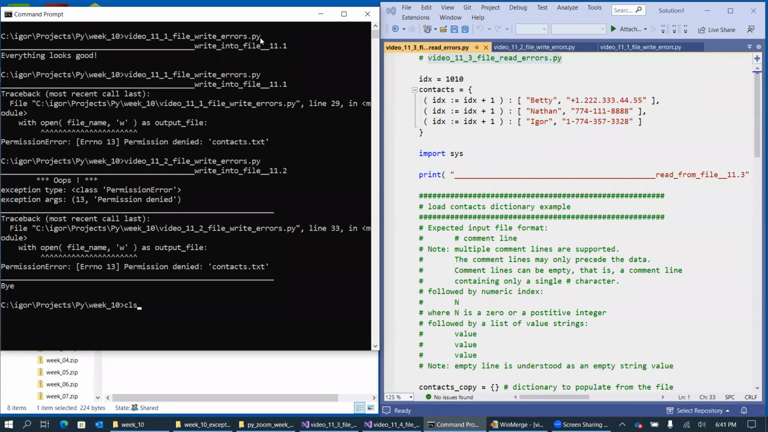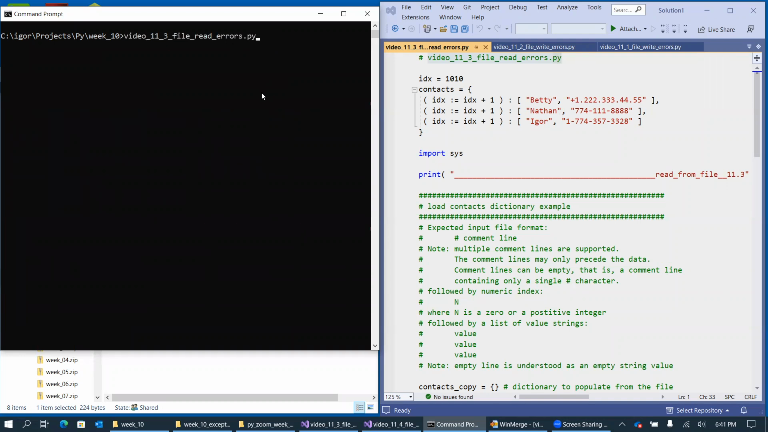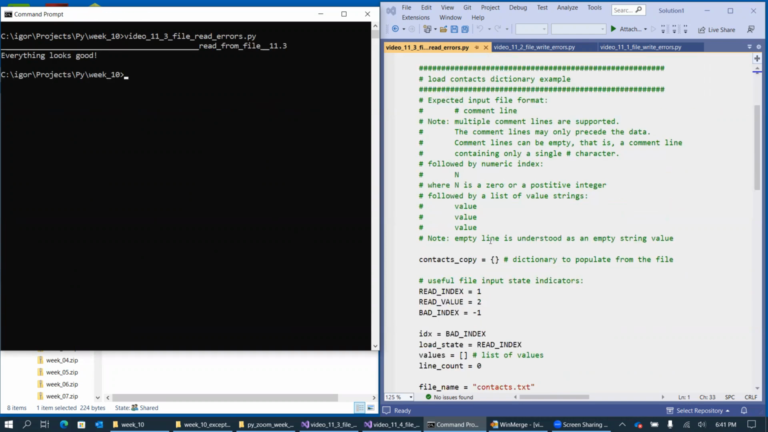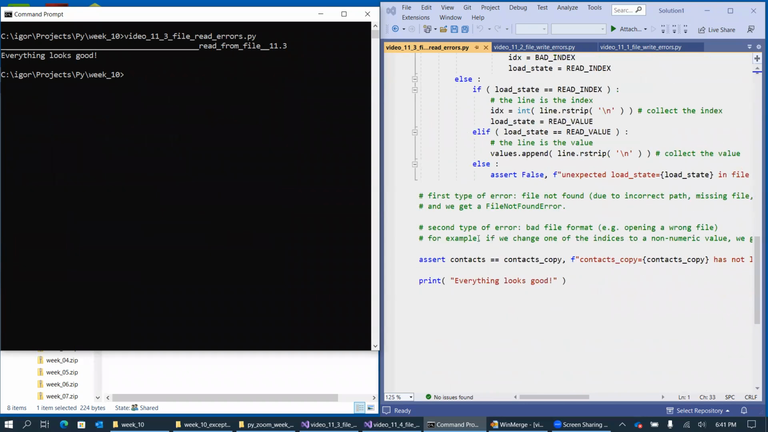Okay, so I'm just going to clear my screen and run this video 11.3 file read errors sample. Everything looks good. So everything gets loaded, and when we compare the original contacts with the contacts that was loaded from a file, everything looks good. So then